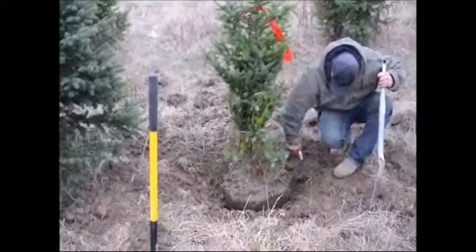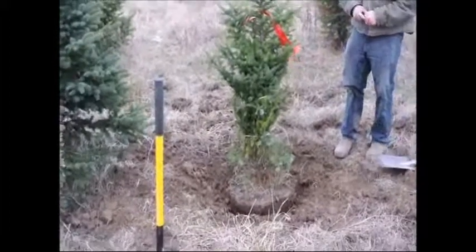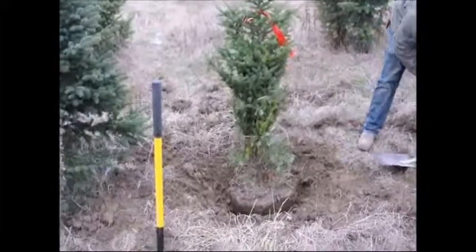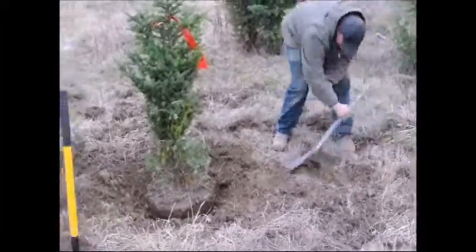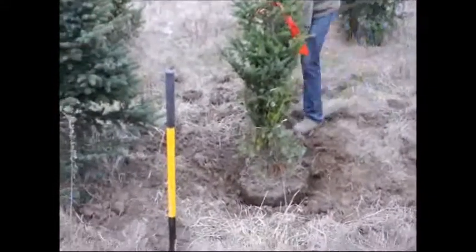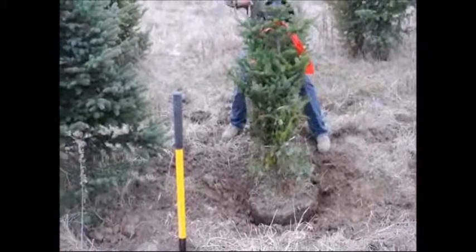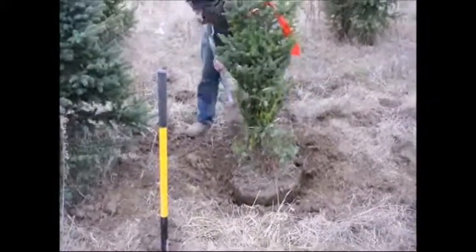Every now and then you'll find a root that sticks out that's just a little bit bigger than you want to cut with the shovel. Do try to use pruners to cut those so you make a nice clean cut with it. If you have a real sharp shovel, you can go through it, but with too big of a root, you never get a really nice cut on it. So do have some sort of way of pruning large roots so that you don't make major injuries that don't